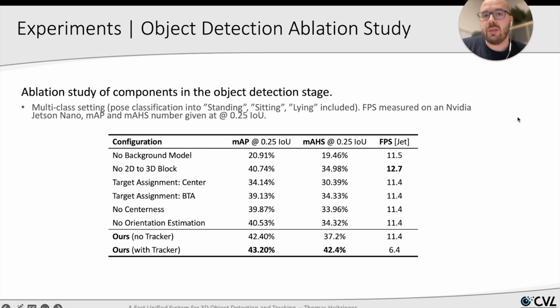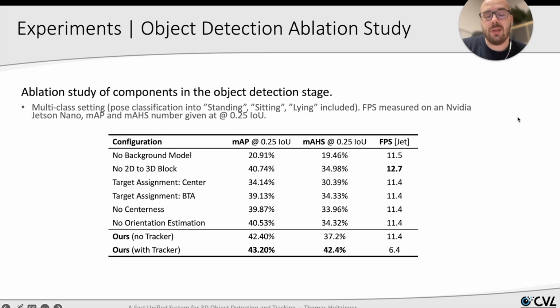Moving on to our object detection ablation study, we can see that all of our design choices are justified. The modifications made have minimal impact on FPS numbers, with the notable exception of the 2D to 3D conversion block, where the FPS number drops by 1.3, however object detection metrics increase between 4 and 6%. When comparing the FUSed model without a tracker to FUSed with a tracker, the FPS drops to 6.4, however object